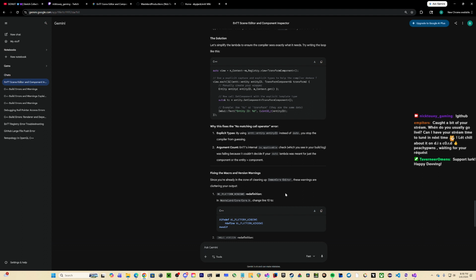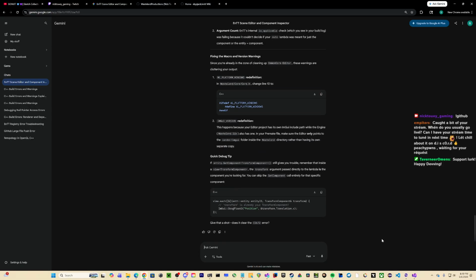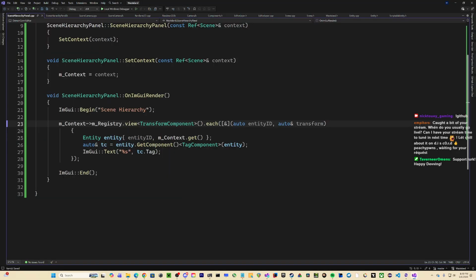Get component, transform component. Entity ID, entity ID. I can try sending what I've got.